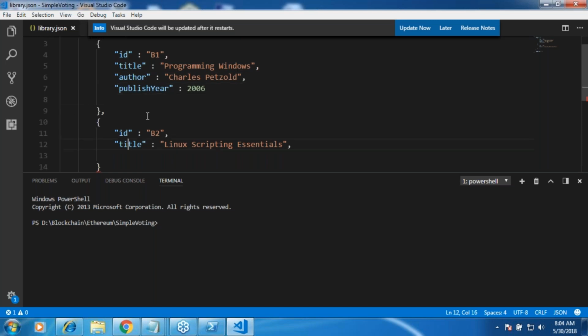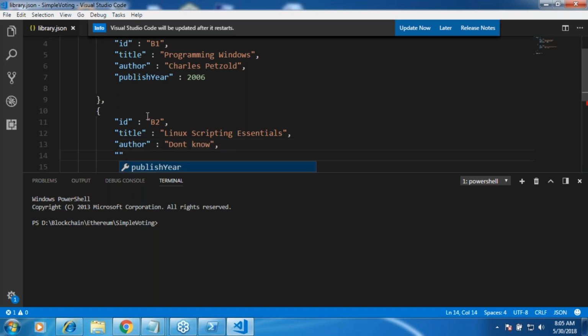All right. So I'll come over here and then author. If you see, suddenly this is helping me out, right? That's why I'm using this editor. Okay, and I don't know the author, so let me write don't know, so that we can correct it at a later point of time. Publish year also I'm not sure.